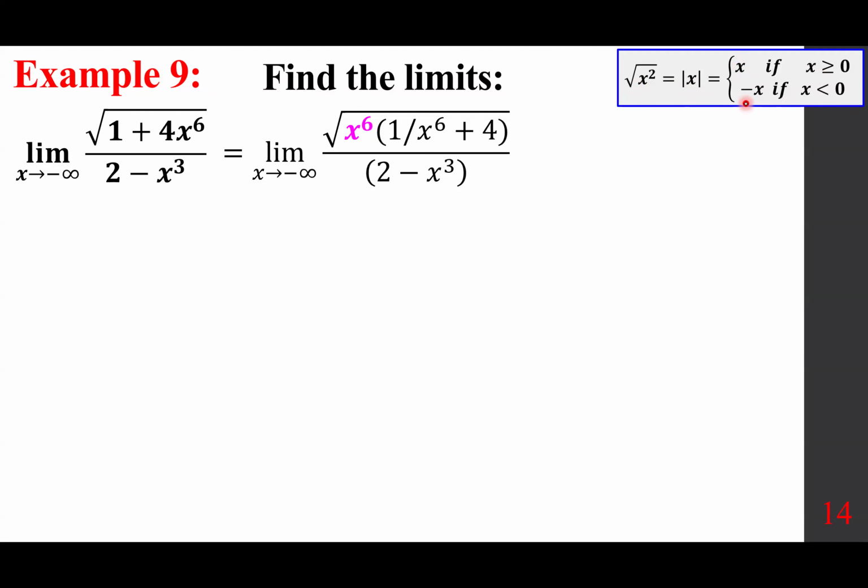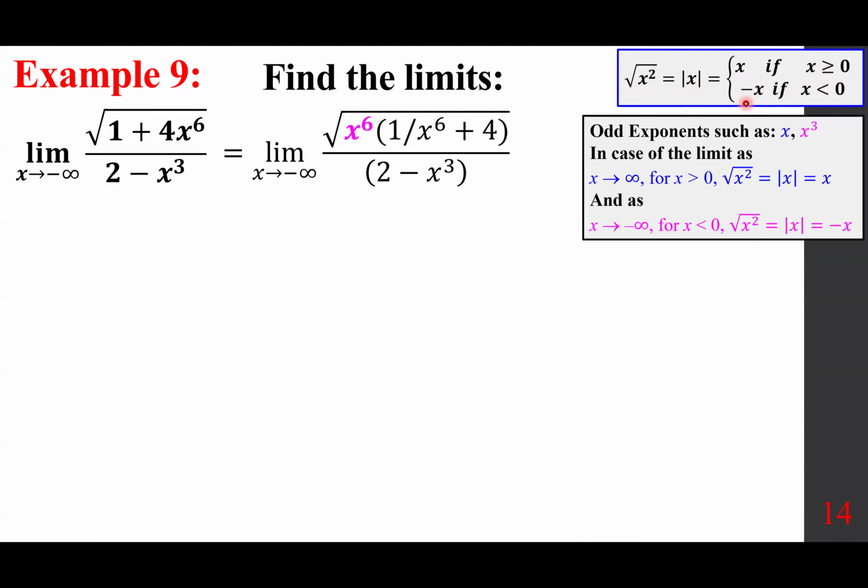So for odd exponents such as x or x cubed, in case of the limit as x approaches infinity, for x larger than 0, the square root of x squared, the absolute value of x, equals x. If x approaches infinity, you can drop the absolute value. But if it approaches negative infinity, you can't. You have to keep the absolute value, and then when you drop it, it becomes minus x. That's according to this. Same thing for x to the power of 6, because when you take it out, the exponent is odd. So when I take it out, I have to keep